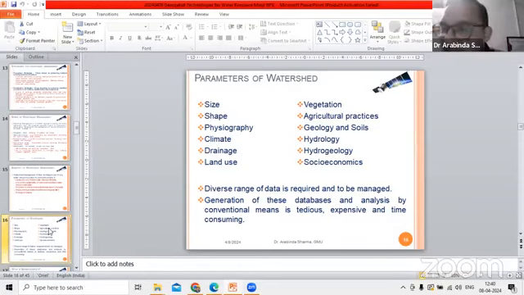Land use, किस तरह का land use है, वो एक urban watershed है या एक फॉरेस्टेड वाटरशेड है या मिक्स वाटरशेड है, किस तरह का वाटरशेड है, वहां पे जो डोमिनेंट ह्यूमन एक्टिविटी है किस टाइप की है, माइनिंग चल रहा है, डोमिनेंट एक्टिविटी माइनिंग है या फॉरेस्ट है या अर्बन है, टोटली बिल्ट अप लैंड है, वहां पे किस तरह का वेजिटेशन, एग्रीकल्चर प्रैक्टिसेस, जियोलॉजी एंड सॉइल, किस टाइप का सॉइल है, you know that infiltration is a part